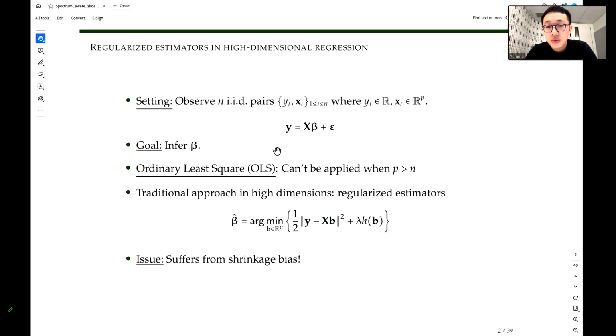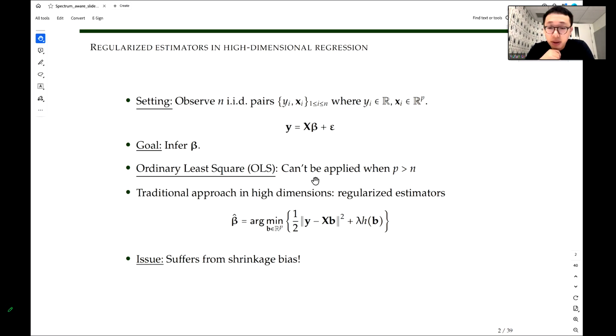In the classical setting where n is much larger than p, we know how to do the inference. You basically just run ordinary least squares regression,